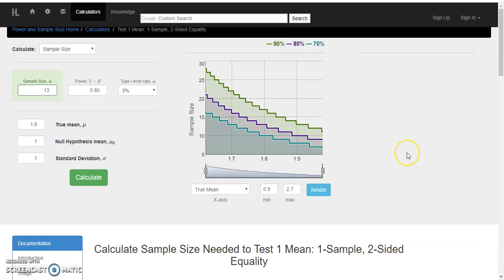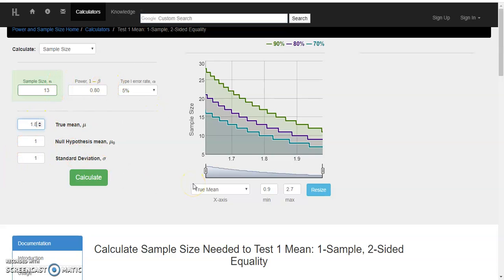Here is an online applet that I found that can allow you to calculate sample size for a given level of power with a given type 1 error rate, and then the mean under the null hypothesis, and then the mean under the alternative hypothesis with a certain standard deviation. Now, I've just made these easy numbers for calculation, so these numbers here, hopefully you could get from some prior research. So maybe you had